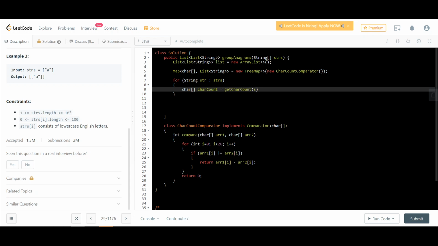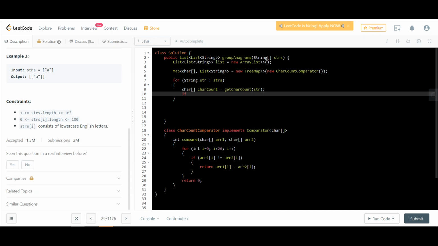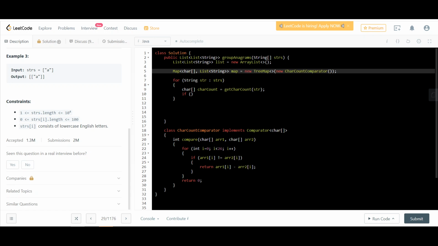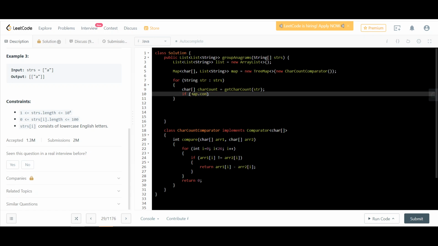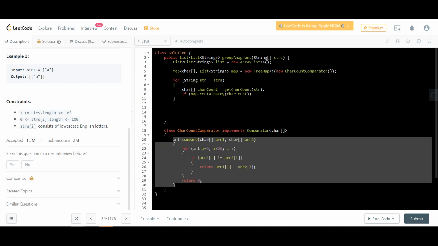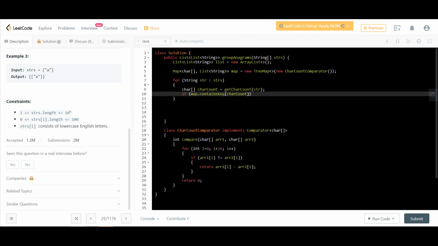So we get the char count, and then we see if the map contains the char count. Now this contains will use essentially the tree map, and it won't use any hash code or anything. It would rather use the sorting method, and this is the comparison it would use. And only if compare equals 0 will contains be true. So if map contains this,